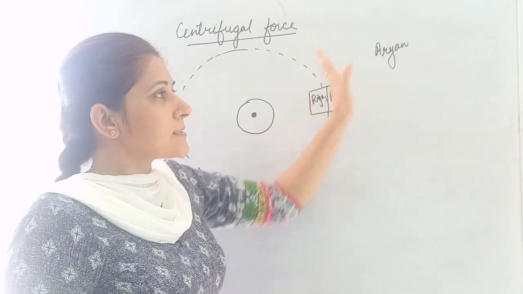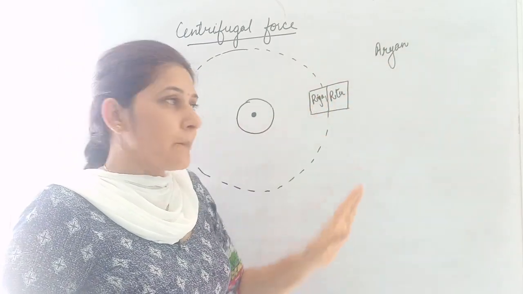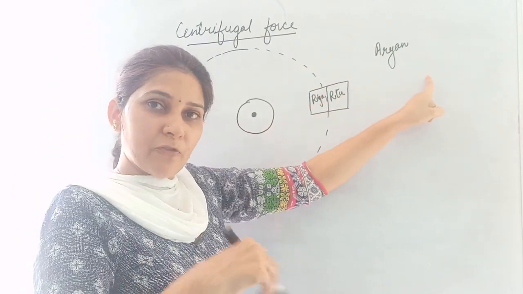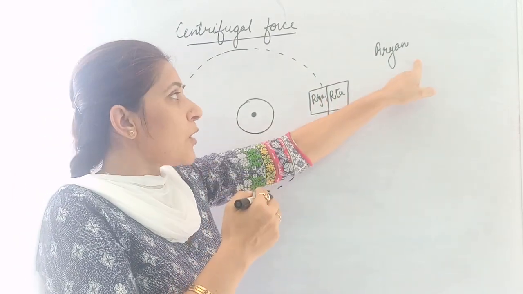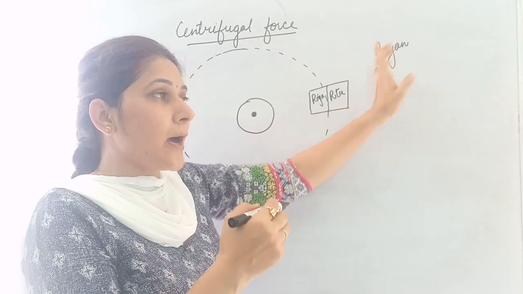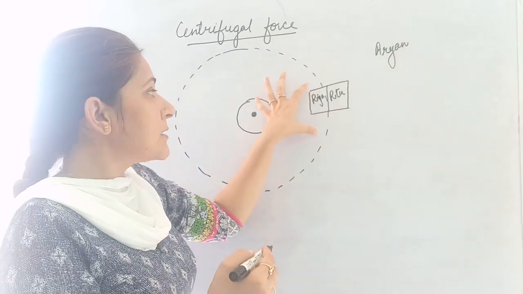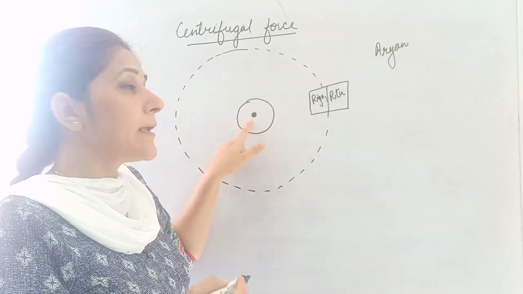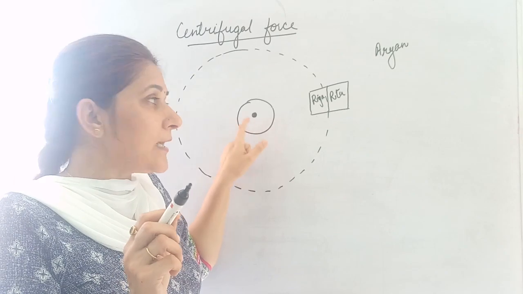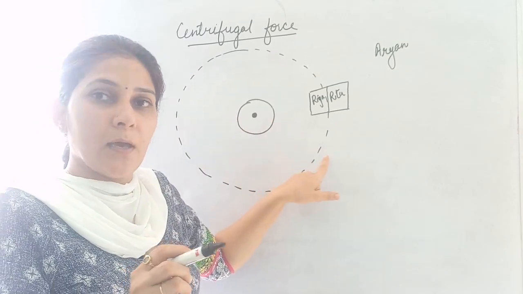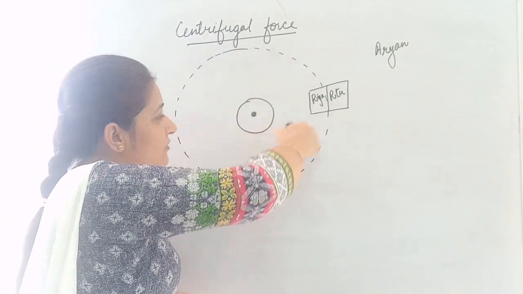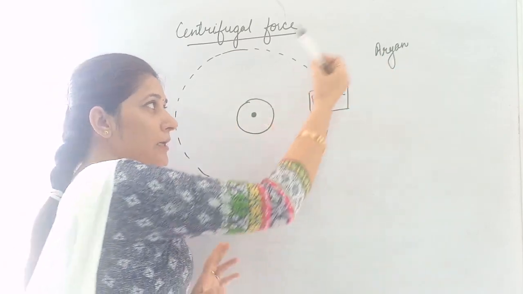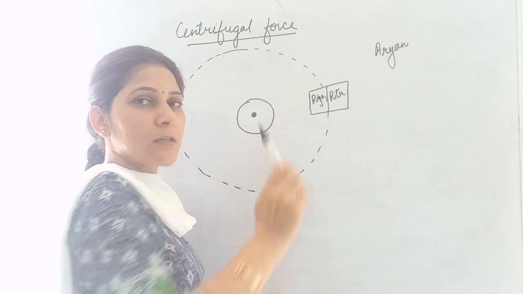And Aryan is present outside the rotatory frame. Means where this motion is happening, Aryan is standing outside that particular frame. Okay, so Aryan is outside the rotatory frame. Aryan is standing outside and watching, he is not anywhere inside it. If Aryan is standing over here, then he is also considered in the rotatory frame. It's not necessary that Aryan has to sit on the swing. If he is anywhere inside this circular path, inside this frame, that means Aryan is in the rotatory frame. Now he is outside there, so he is outside the rotatory frame.